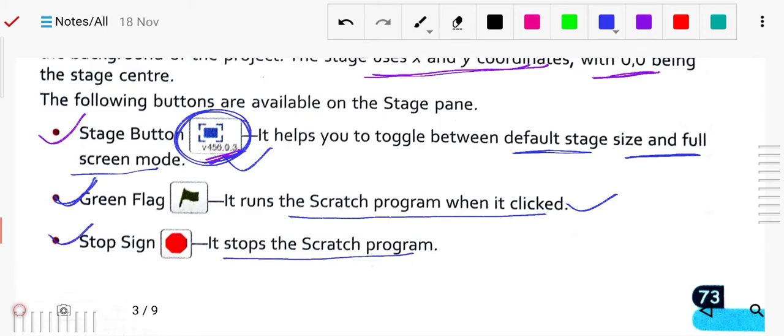It stops the Scratch program, meaning if your program is finished and you want to stop it, you can use the stop sign. So these are the stage buttons: this one is to change the size, the green flag is to start, and this sign is to stop.